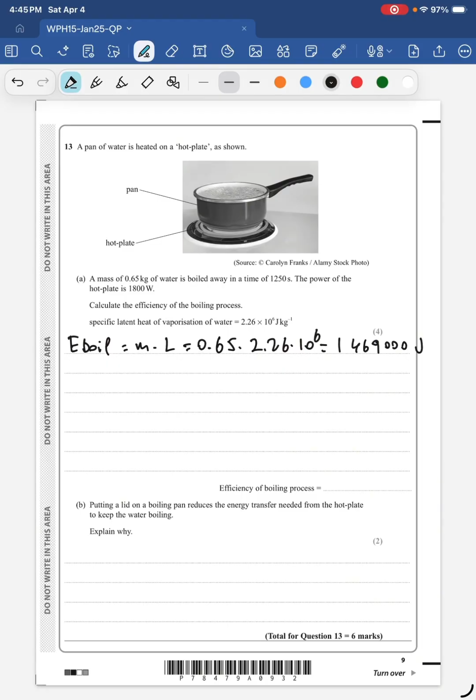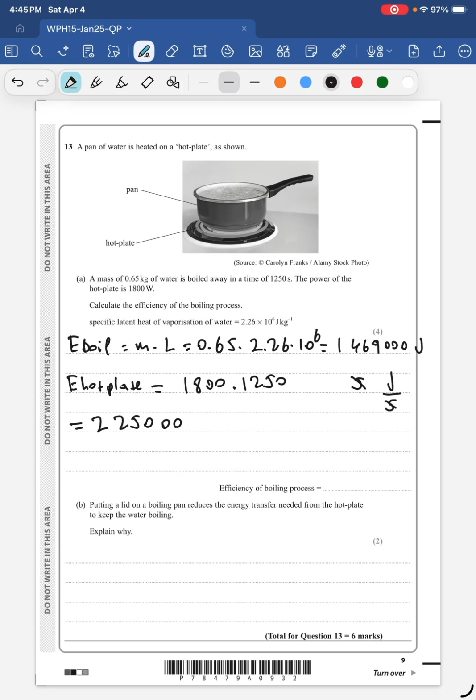And then the second step is to find how much energy the hot plate gave us. So the energy of the hot plate, this is supposed to be a subscript. I'm sorry if it looks funny. The hot plate has a power of 1800 watts, and 1 watt is 1 joule per second. It's heated for 1250 seconds. So you multiply by that to uncover how much energy the hot plate gives in that time, which is